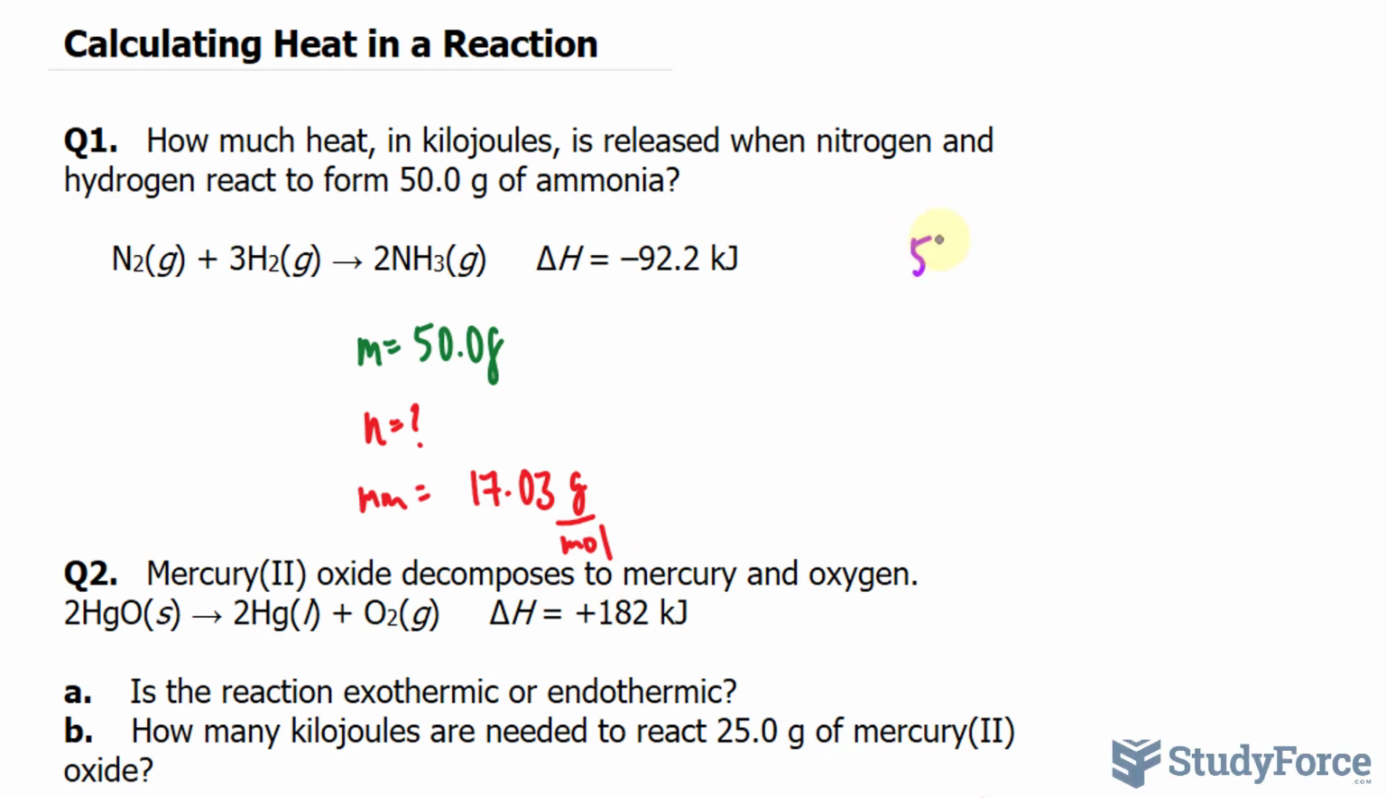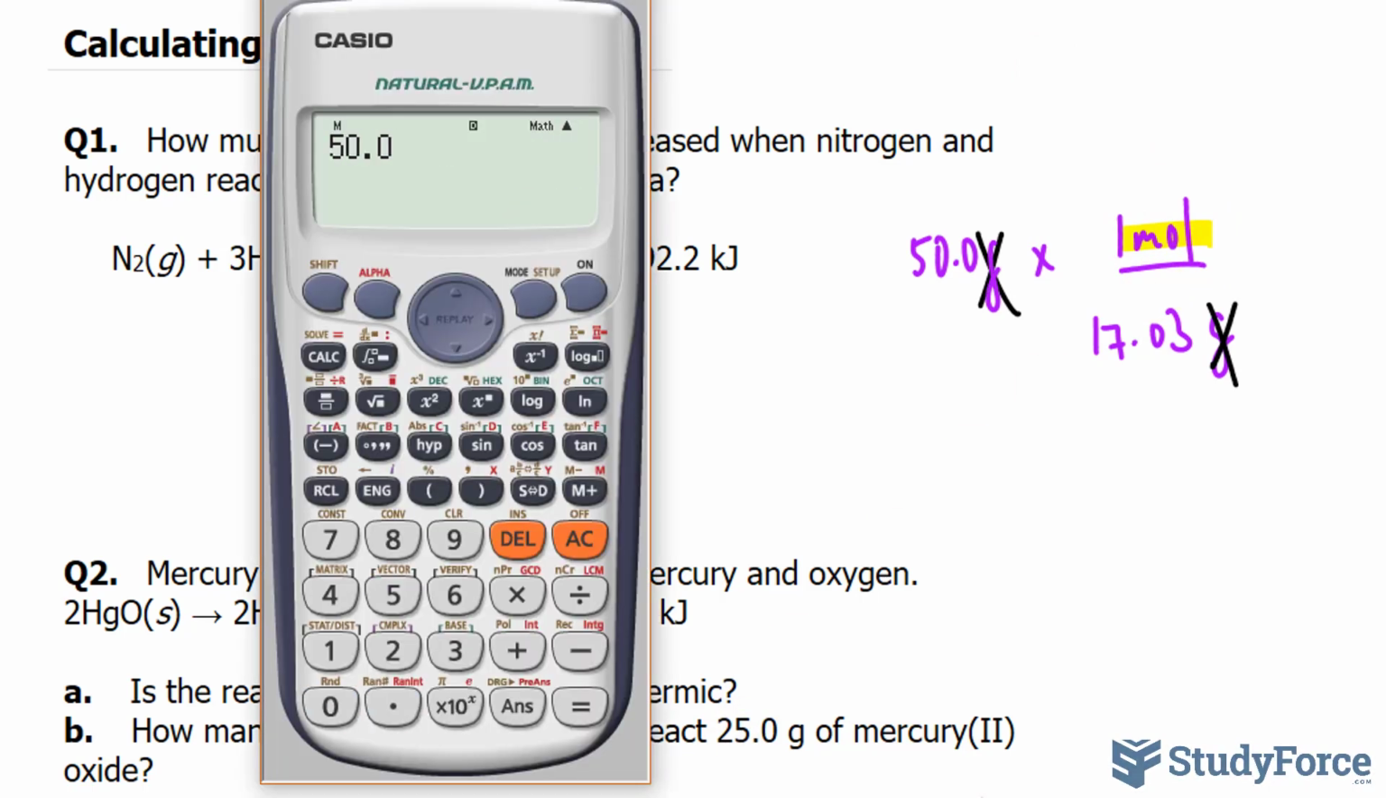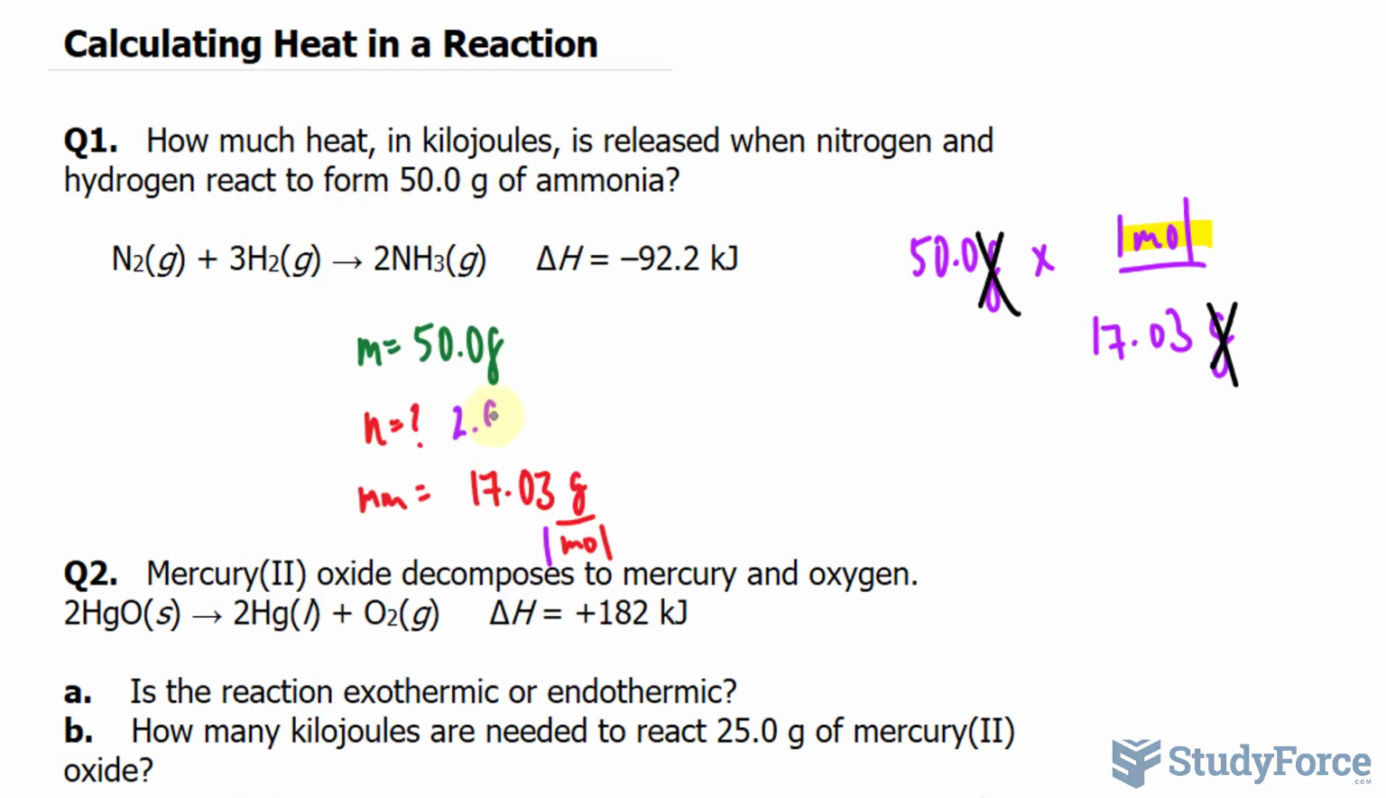If I multiply 50.0 grams times the flipped version of this, notice that we have 17.03 grams at the top and 1 mole at the bottom. If I write it down as 1 mole at the top and 17.03 grams at the bottom, this unit and this unit will conveniently cancel out, leaving us with the amount of moles. So 50.0 times 1 divided by 17.03, that gives us 2.9359 moles. 2.9359 moles,